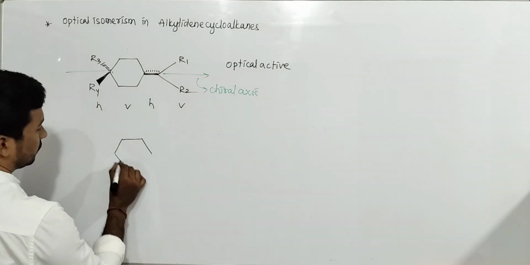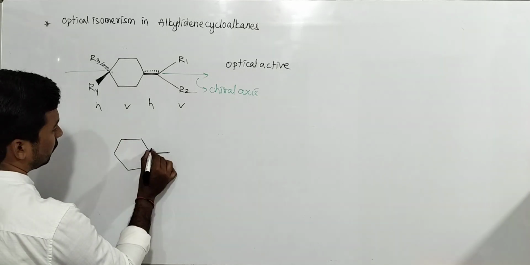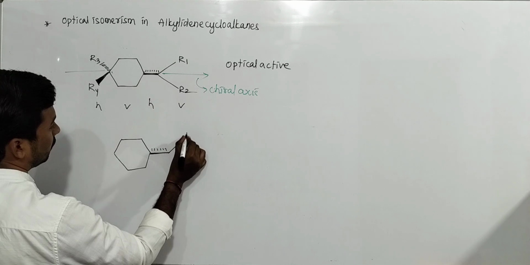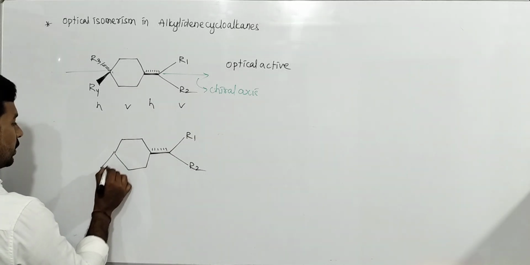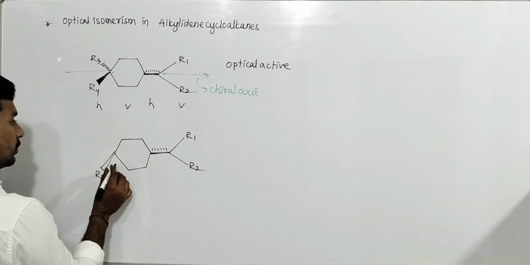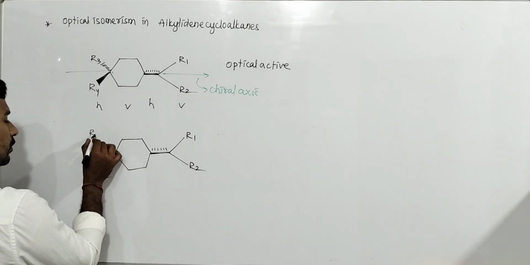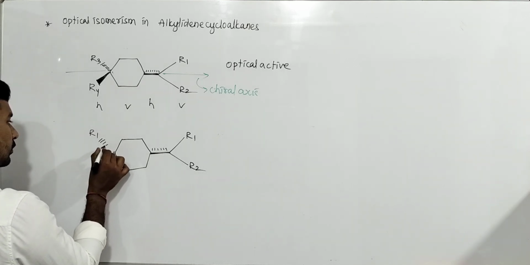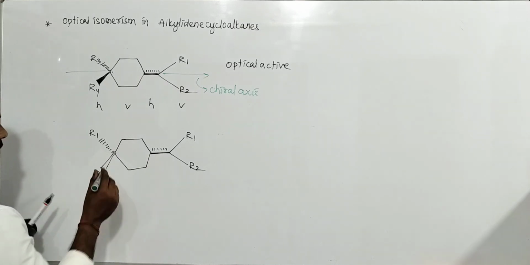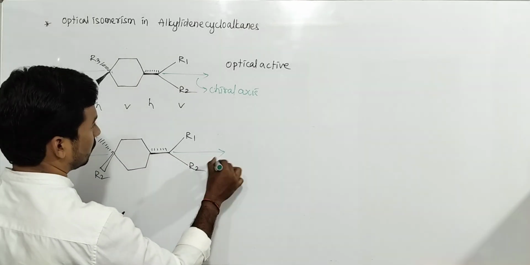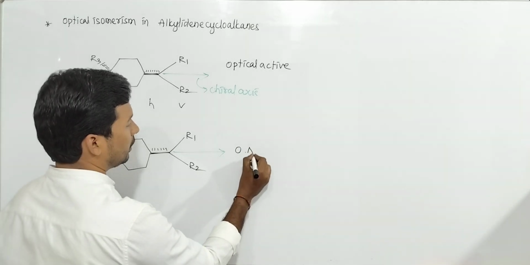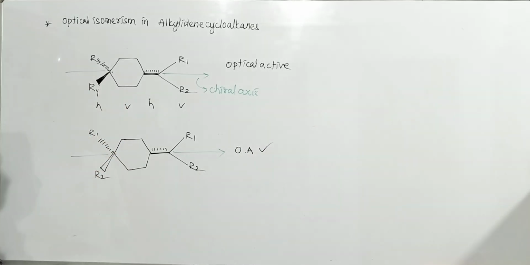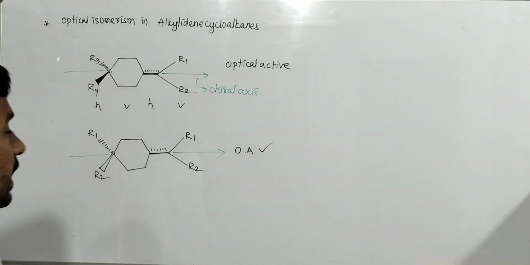That means for this one also: thick line, dotted line, R1, R2, thick line, R2, R1. Above and below are different. Chiral, optically active, like this. Next, take